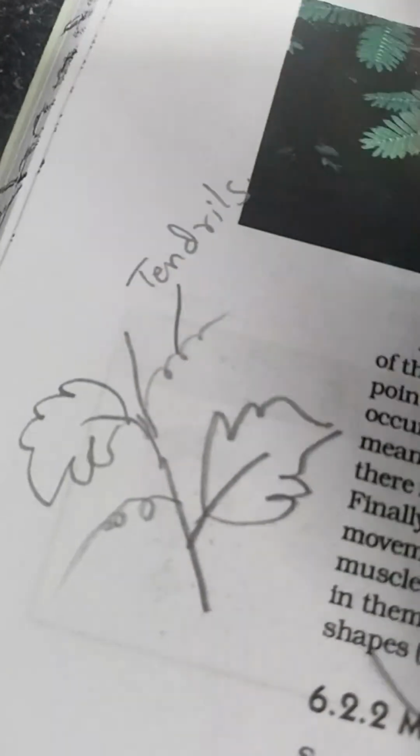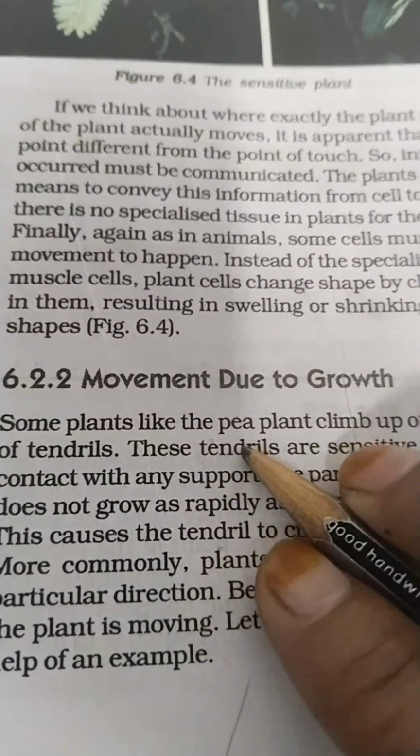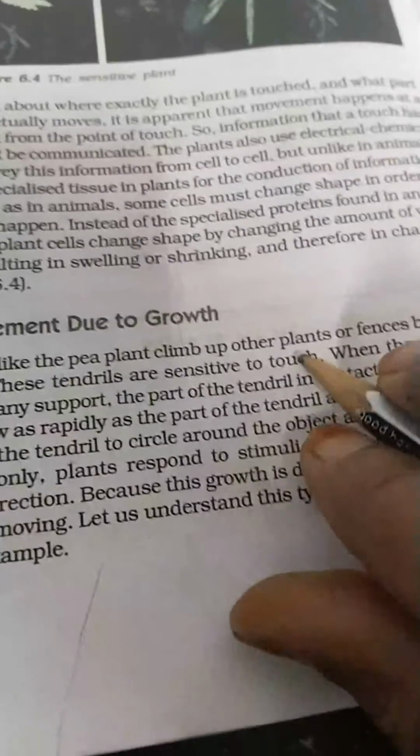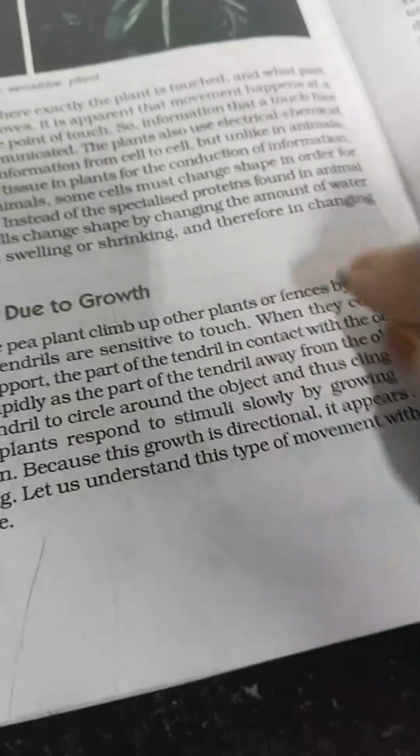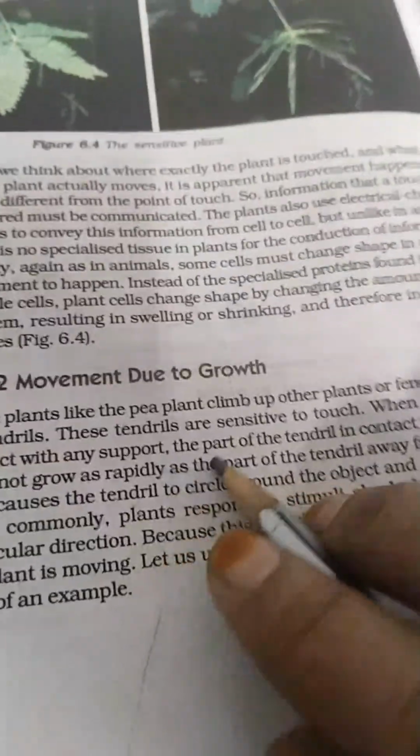This spring-like structure is known as tendrils. These tendrils are sensitive to touch. When they come in contact with any support,